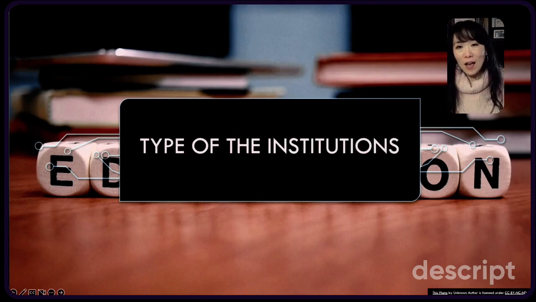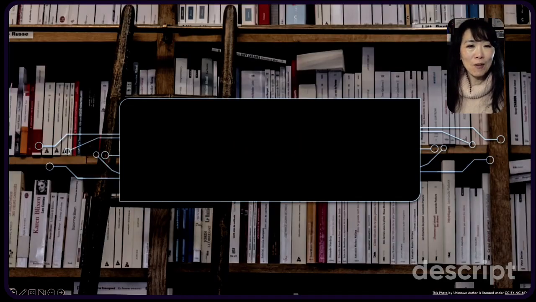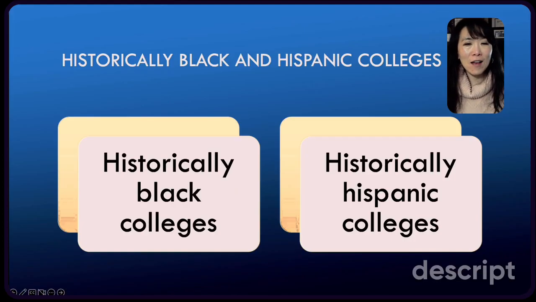Okay, so I know there were some questions about types of institutions, what we qualified for, and why sometimes some institutions get certain types of money and some institutions do not. So we talked about various different types of funding, and what they are is as follows. There are different types of funding